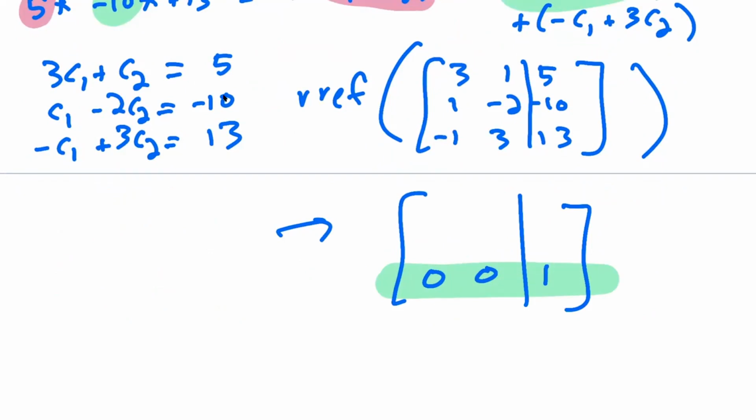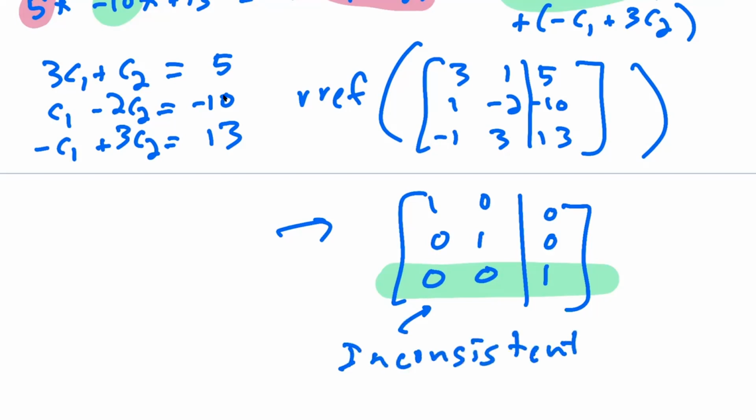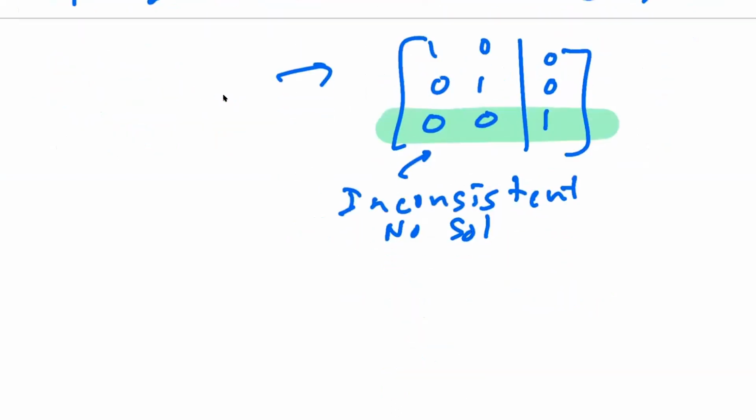That's my guess. Is that right, Becca? Yeah. So I get 1 0 0 1, probably 0 0, right? That's sort of what I get. This last thing says inconsistent, means no solution, and that no solution means